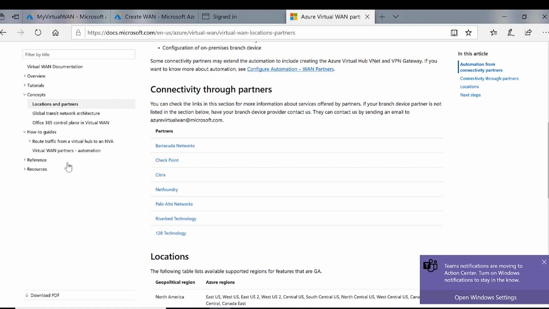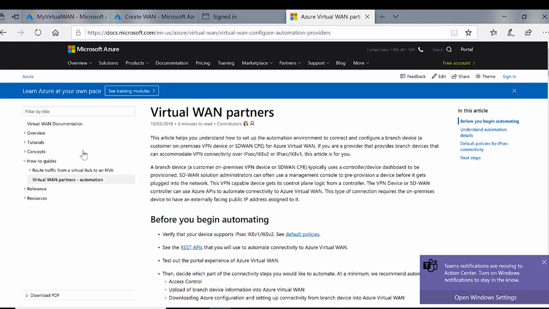Also, it's good to probably keep an eye on just the how-tos. We have quite a few how-tos. There is a how-to for a partner that wants to automate connectivity from the device to us. So we tell them, just go ahead, read this, get going, and then contact us, and we will make you a part of our partner list. That's a great point. So partners can get started just by looking on here as well.